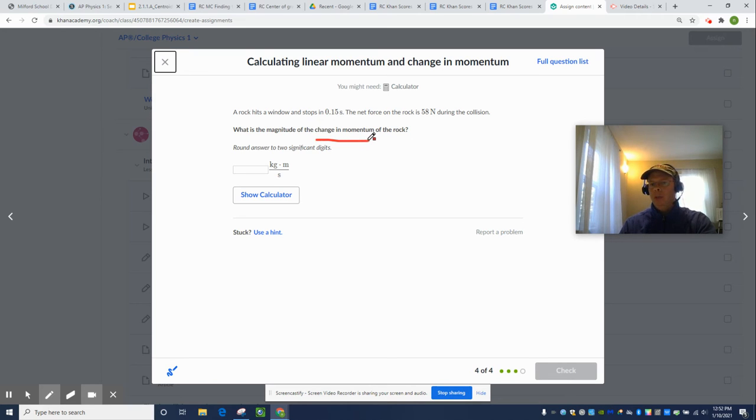So this is a classic sort of trick question. If you see change in momentum, you think, well, I need to know the mass and the final velocity and the initial velocity, because change is always final minus initial and momentum is the product of mass times velocity. Well, that's one way to do it, but they're actually using the impulse and momentum theorem, so they are emphasizing